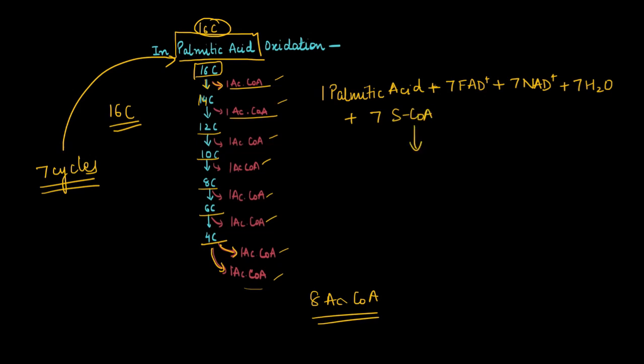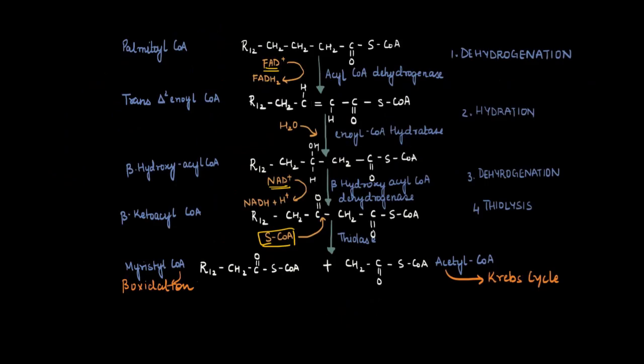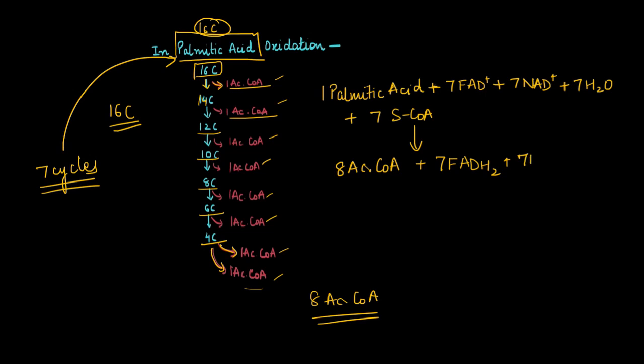And what is the product of all these? From palmitic acid we got 8 acetyl coenzyme A. What was formed from FAD? 7 FADH2. Then from NAD, 7 NADH plus 7 H positive plus 7 H2O. Now here 1 acetyl coenzyme A gives 10 ATP,